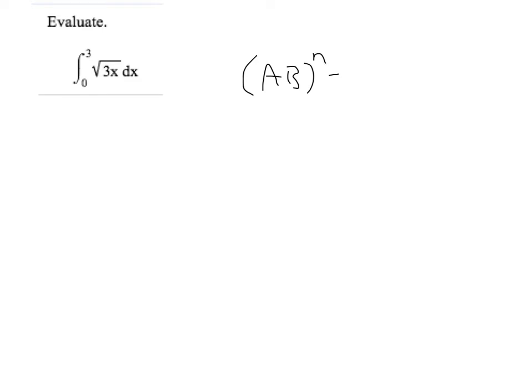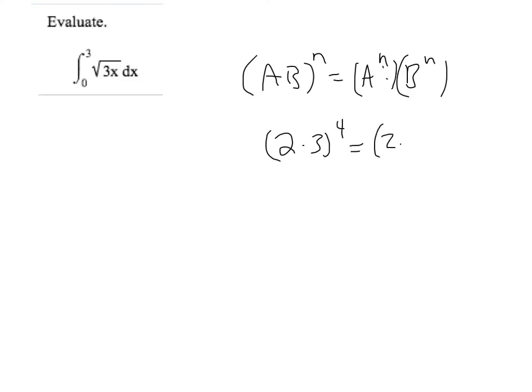numbers to a power, that's the same thing as just each one individually to that power. So the reason that's significant here is the product of those two, and that's not a complicated reason for that. If you did 2 times 3 to the 4th, right? That means 2 times 3 4 times,